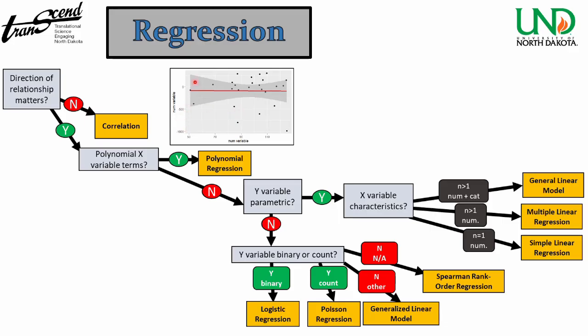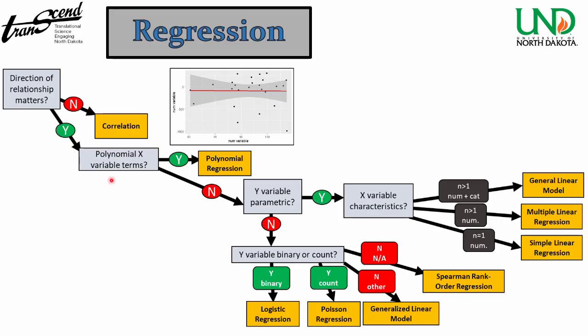And again, it's not about the strength of the correlation, it's whether or not you care about the directional relationship, not the strength. Because things can be highly correlated or not highly correlated, or highly significant in regression and not significant in regression. All right, so if the relationship matters,